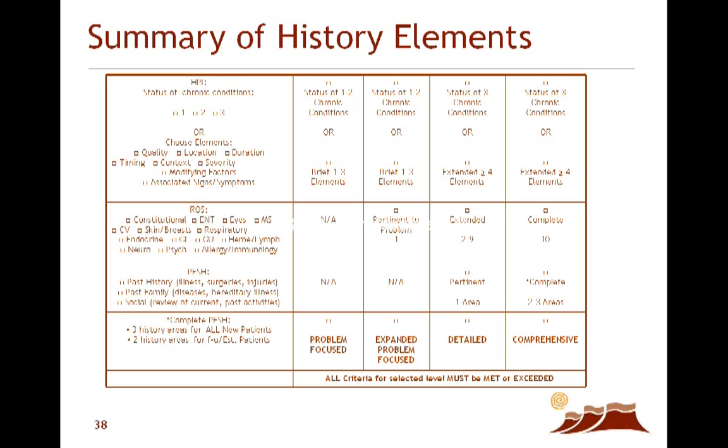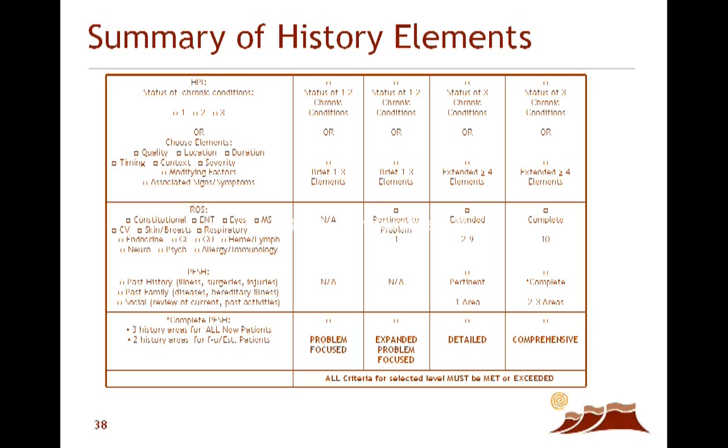What I want to do is go to some practical advice here. So let's talk about a simple level one problem visit. Problem focused. Well, first of all, this table doesn't even have the chief complaint. Why? You have to have a chief complaint for every visit you do. All right? So take that one off the table. Consider it done. Now, under your HPI, note that in that problem focus is the status of one or two